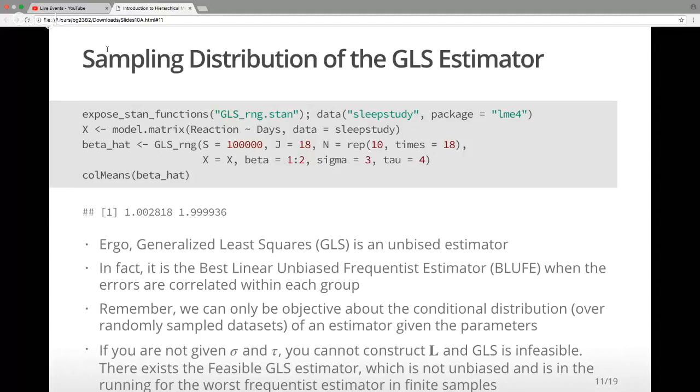And so the best linear unbiased frequentist estimator happens to be completely infeasible if you're not given what frequentists take to be given, which is the parameters that you're trying to estimate. If you're not in that situation, then you have to resort to these secondhand approximations known as feasible generalized least squares. And then the estimates that you get out do not resemble in properties the thing that justified generalized least squares in the first place. And that happens with a lot of these frequentist estimators.